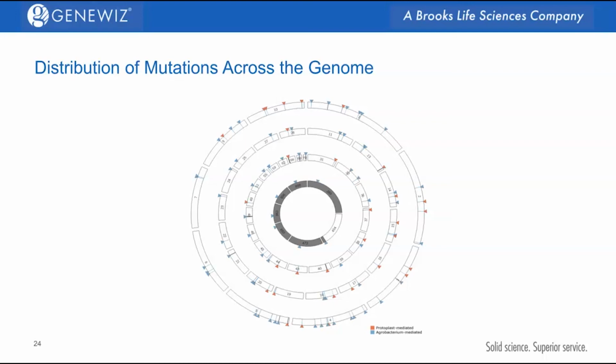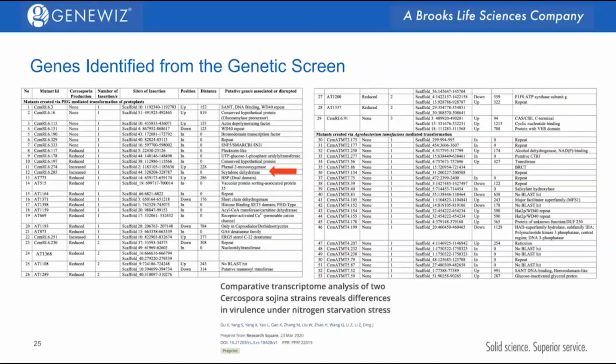We can also see insertions happening in repeats. Those are the ones in gray areas, which were not previously identified through normal techniques such as genome walker. It was very difficult to identify if the insertion happened in a repeat. So coming to the genes that were identified in the screen, I actually had made a list of all the